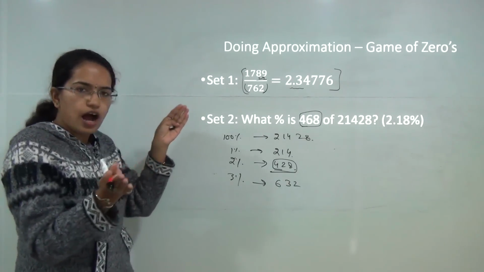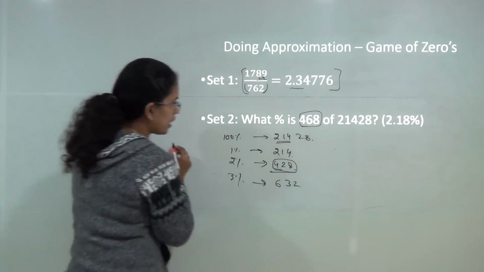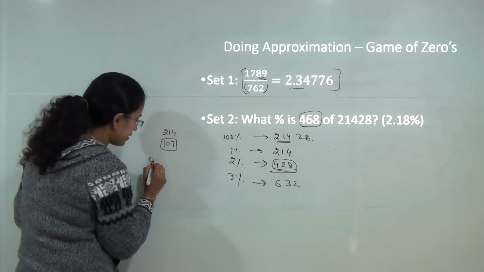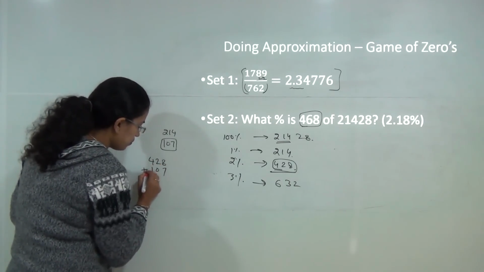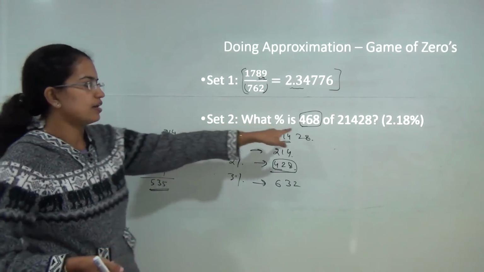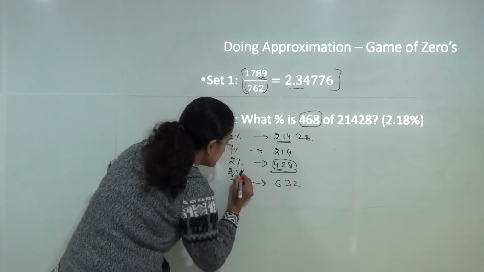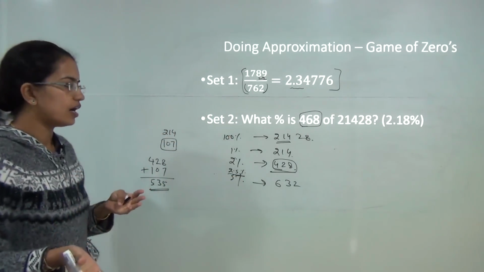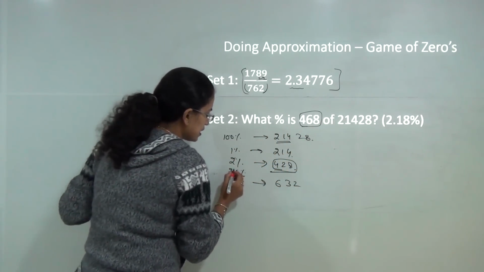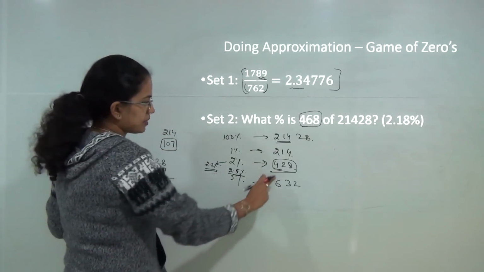Now let's do a halfway of it. So when I say halfway, that means half of 214 would be 107. Now if I add 107 to 428, that gives me 535. Again, this is too far from the value that we need to derive. That means if I take 2.5%, that also is very far from the answer that I need to arrive at. That means my answer would be somewhere nearly 2.2%, because it's far from this,